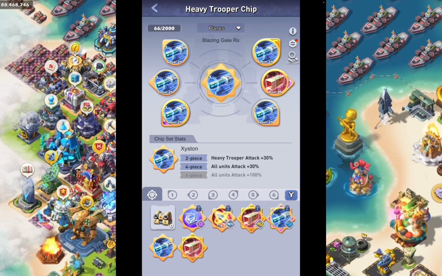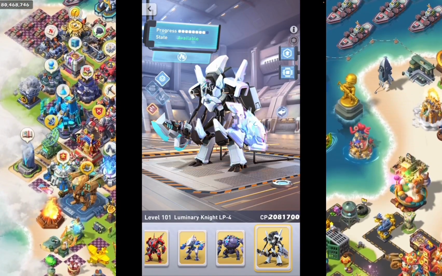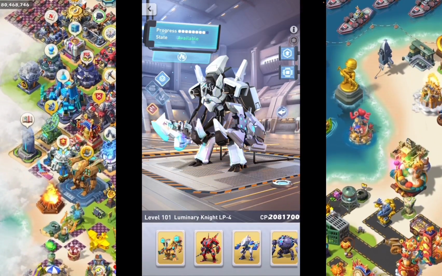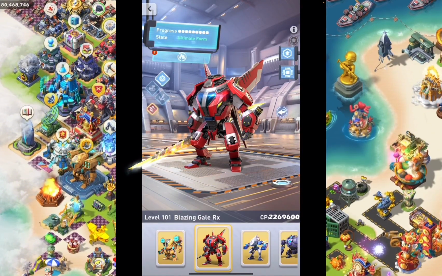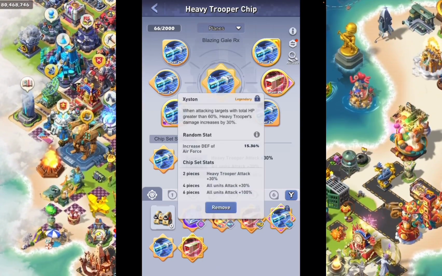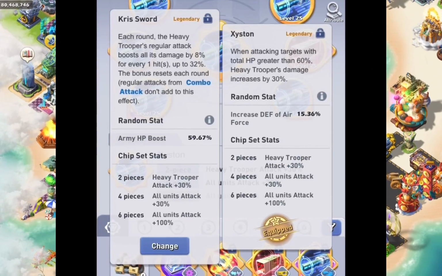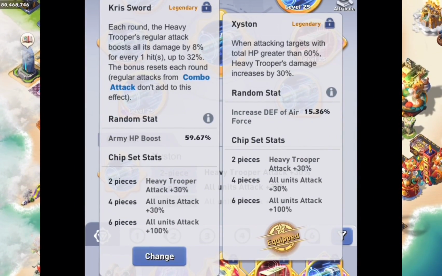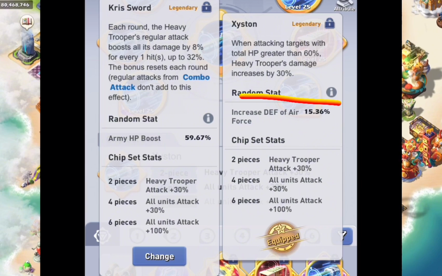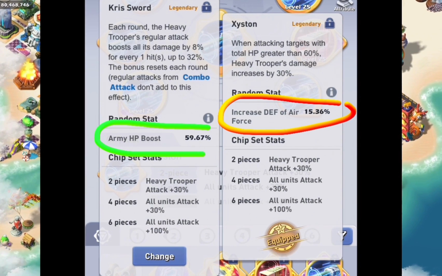So this setup here versus the new Heavy Trooper, also with full modules, but in this case we're actually gonna use the other set, and the best way for me to do that is actually take the same set you see right here, but in this case I'm gonna replace this with the Kris sword. Now granted, we see there a 15% DEF for air,